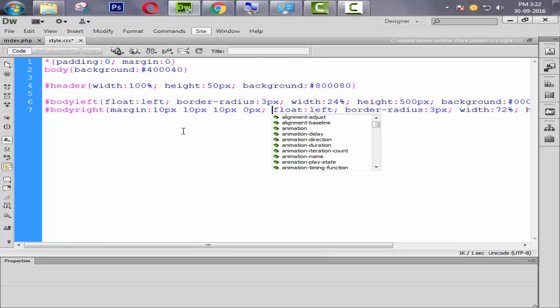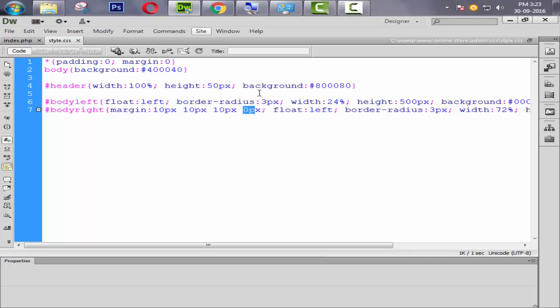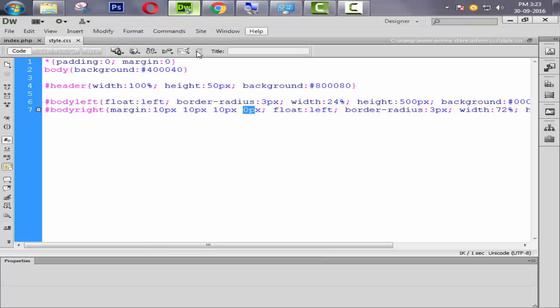So remember, this is clockwise: this is for top, this is for right, this is for bottom, and this will be for left. Now refresh and check what happened. Okay, look at this, now it's looking very good. Now we need to increase the width by 1%. Okay, now it's looking perfect.